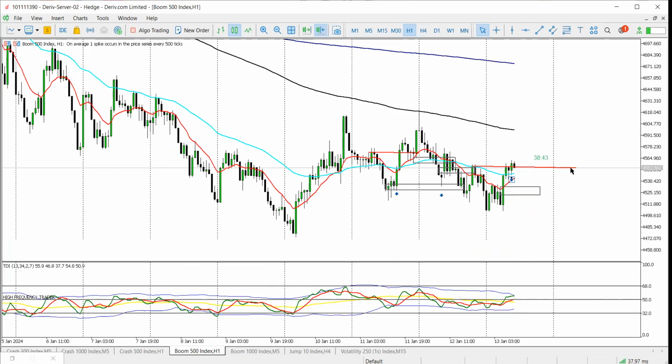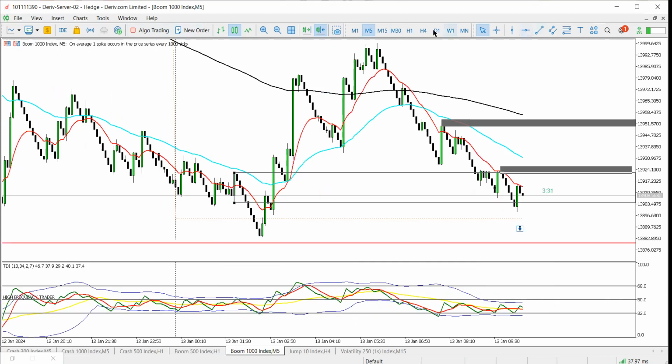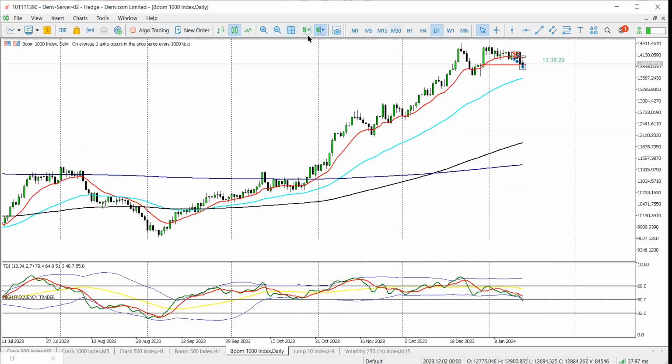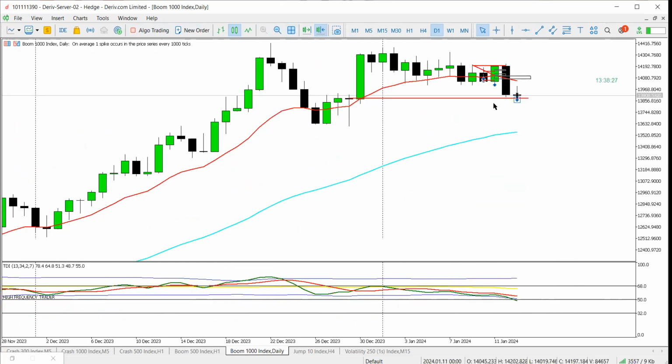So this is B5. I don't know why I'm saying B1. Let's see. Okay, yeah, this is B5. B5 is bullish. You can see that pattern we're getting. So that's my view. It's this one which I'm doubting, because on the daily, you can see we had that huge bearish candle. So I wouldn't want to put my money on B1 today, but at the same time,